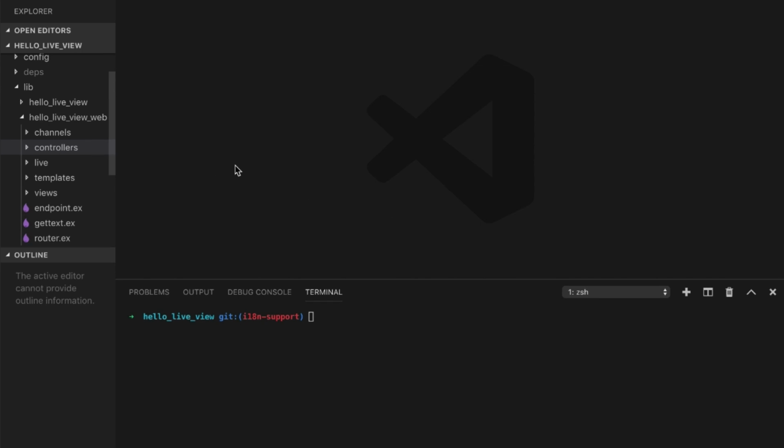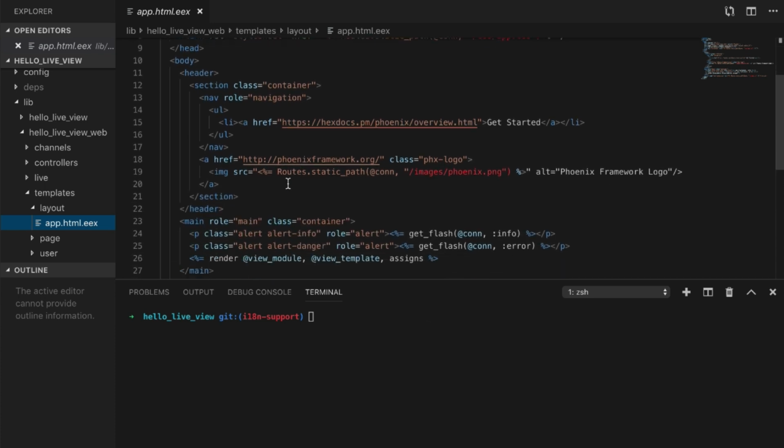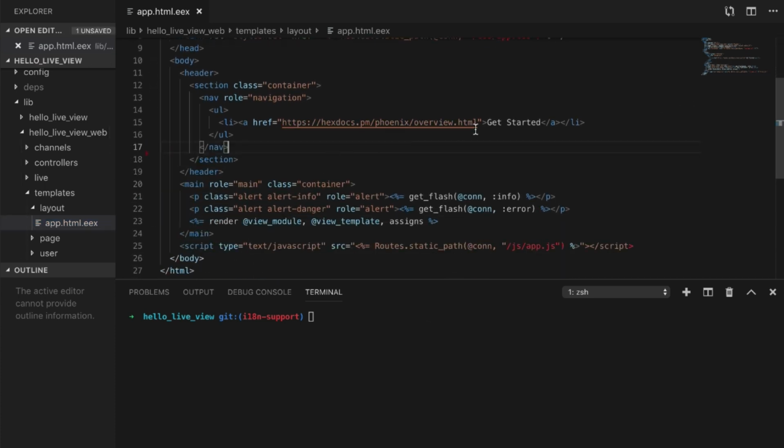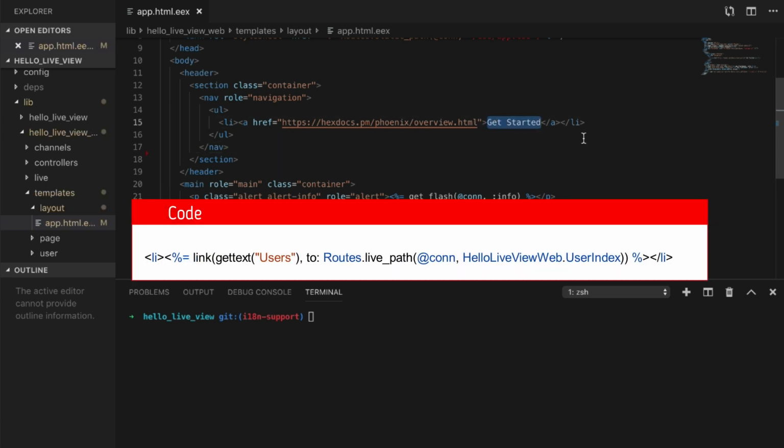Now the first thing I want to do is add in a couple of places to show you how it all works for the languages. So I'm going to go to the app and remove this image. It's not really needed. And also the guide. And I'm going to replace this